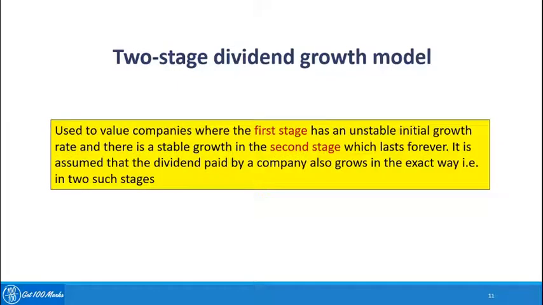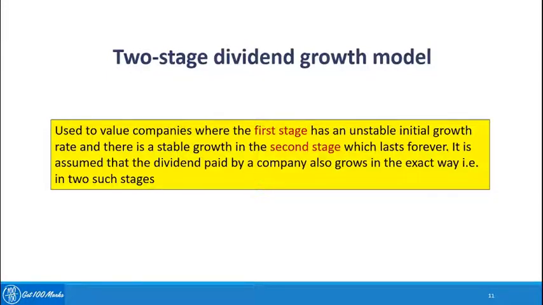Let's look at this model, which needs a little more attention than the previous models. This is called a two-stage dividend growth model. When we say two-stage, it means that it is used to value companies where the first stage has an unstable initial growth. Let's say the company has just started declaring dividends. Say in the first few years, let's say the first 5 years, the company declares dividends randomly, or non-uniform dividends,